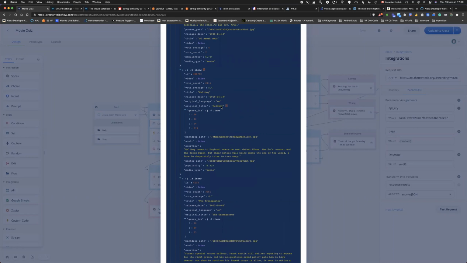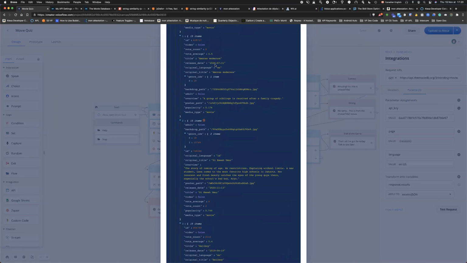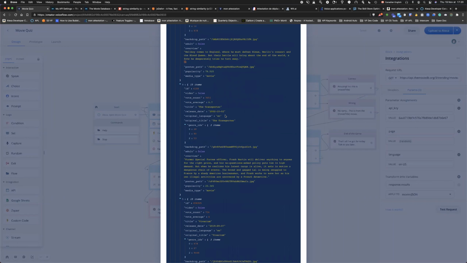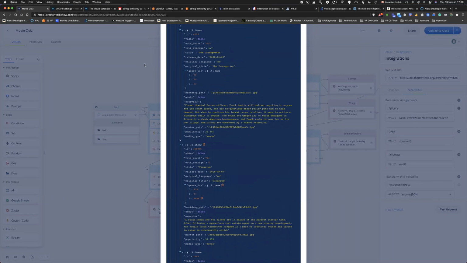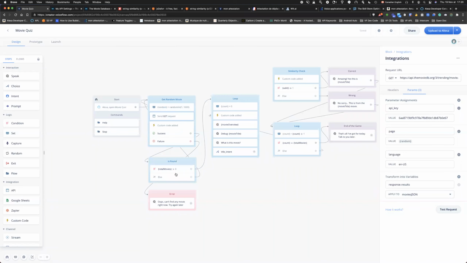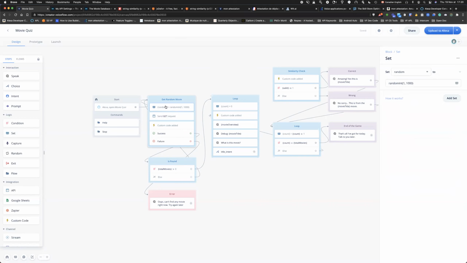We want movies without titles that are too long and this kind of stuff, so we are doing all the filtering here. What we also want to do is to be sure to have a random in the random. Let me explain that. If I'm getting 42 as a random number,